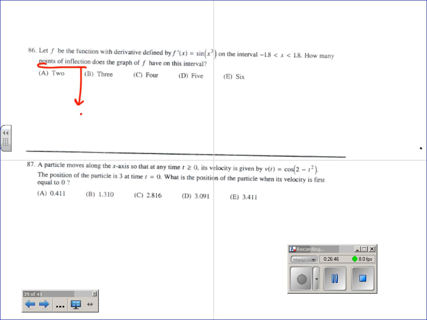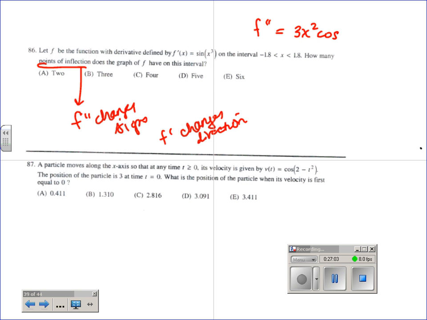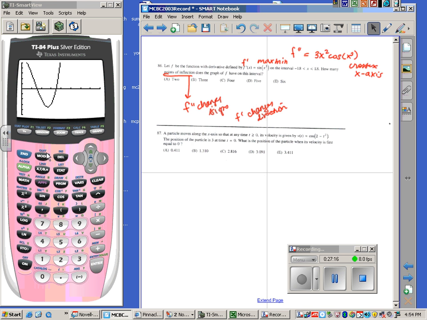Points of inflection, you should think f double prime changes signs. Or that's the same thing as saying f prime changes direction. Okay, so what this means is you have an option. You can grab the second derivative if you want, which would be 3x squared cosine of x cubed, and see where this crosses through the x-axis. Or you can graph the first derivative and count the maxes and the mins, because these things correspond. So I think it's probably easiest just to graph